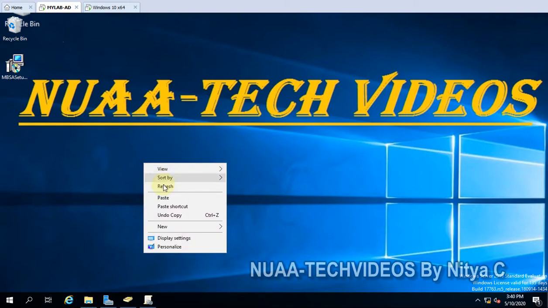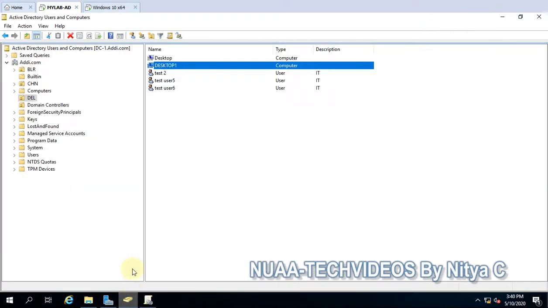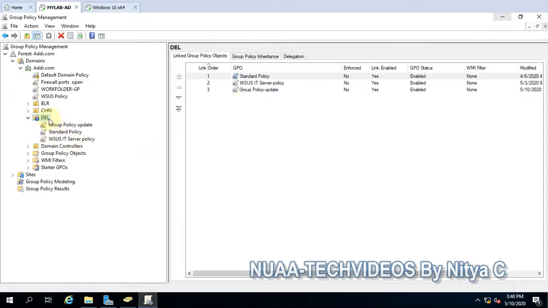Let's go to the domain controller and open the Group Policy Management Console. Let me show you the OU. This is the computer, and this is the Dell OU where it is residing. We will configure the policy here itself to identify what's going on.